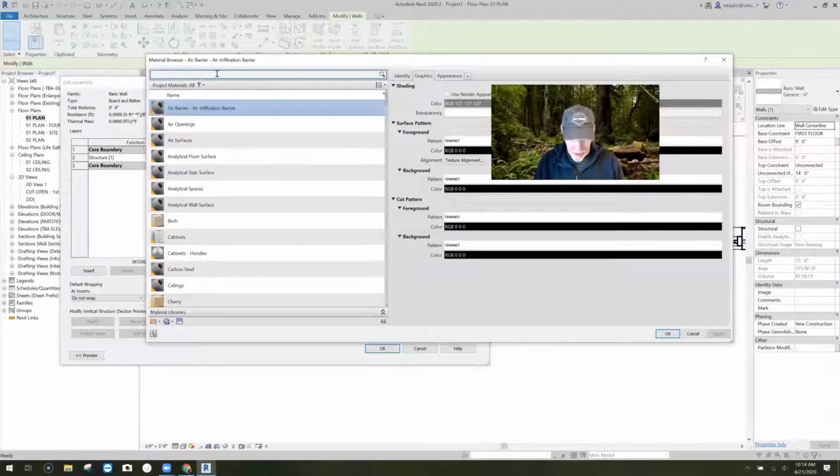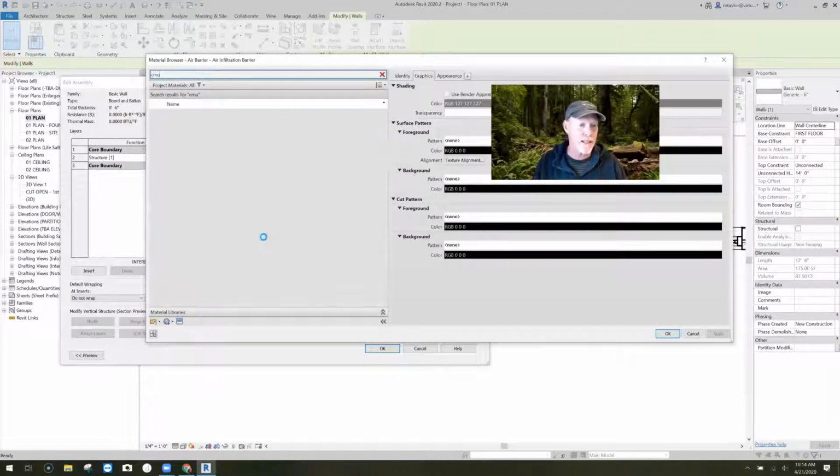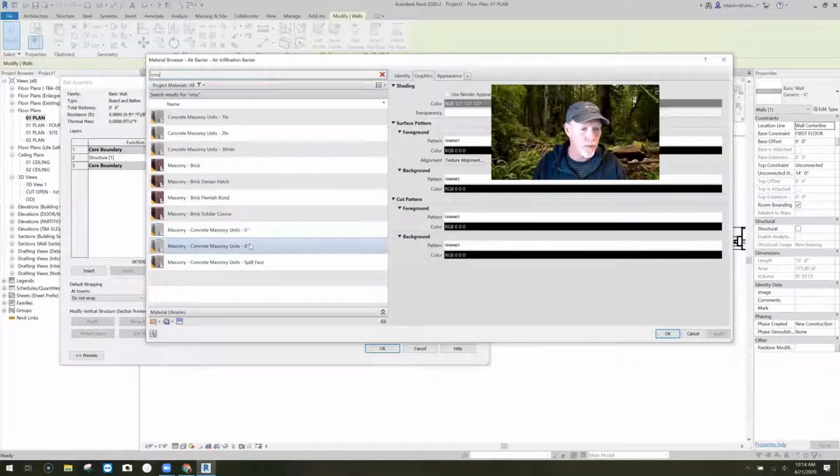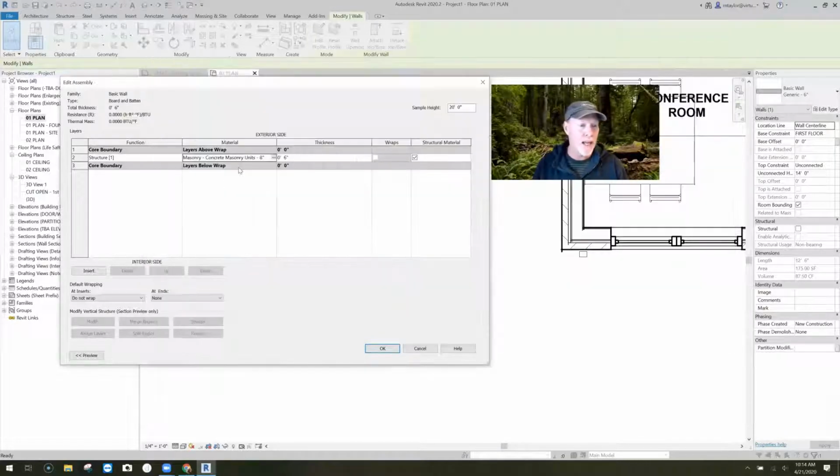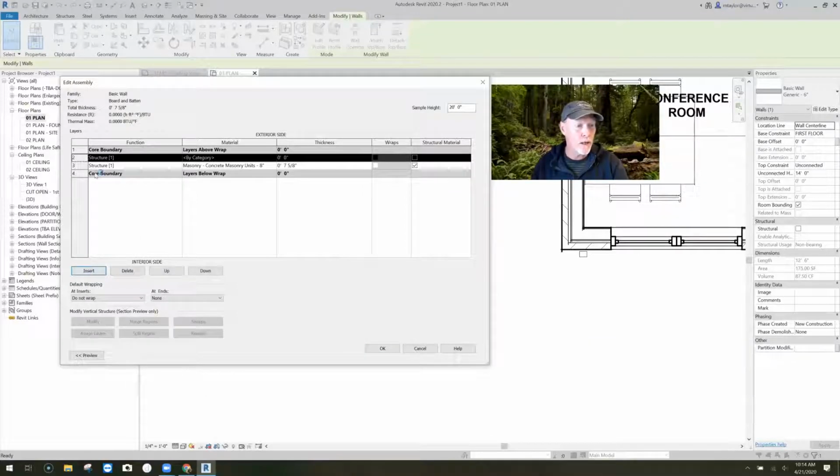Okay, let's just say it's CMU. Let's say it's a CMU wall, masonry wall, whatever, 8-inch CMU wall. Okay, and that's 7 5/8 inch thick. But you don't want to leave it at that. Let's insert another